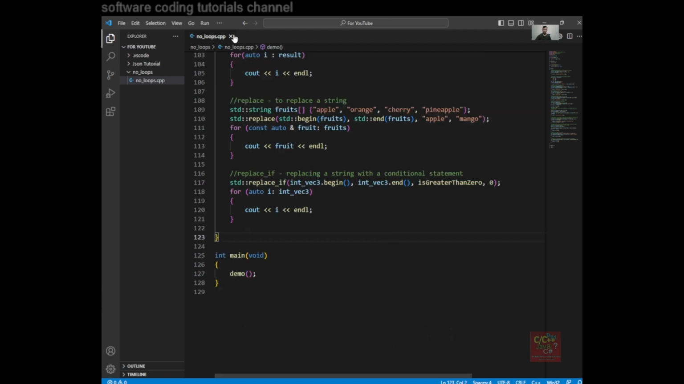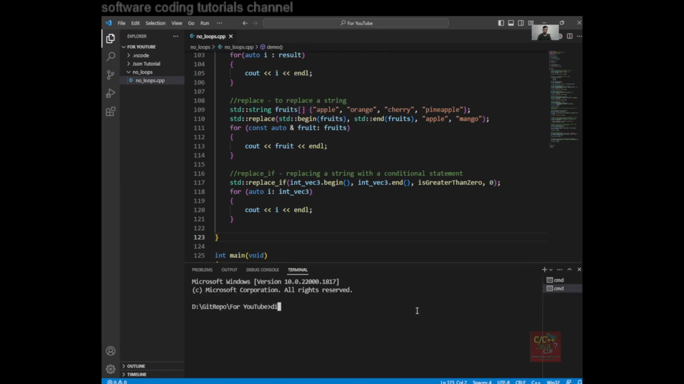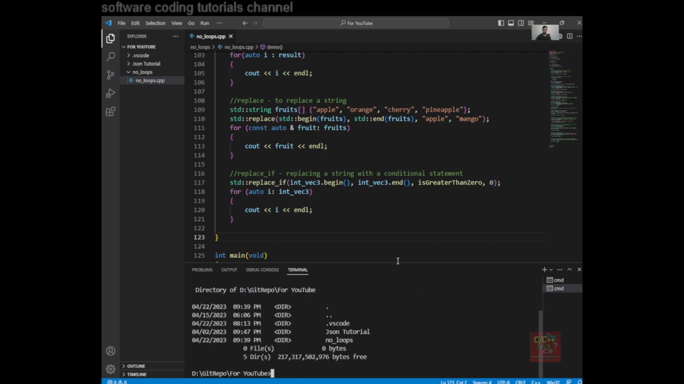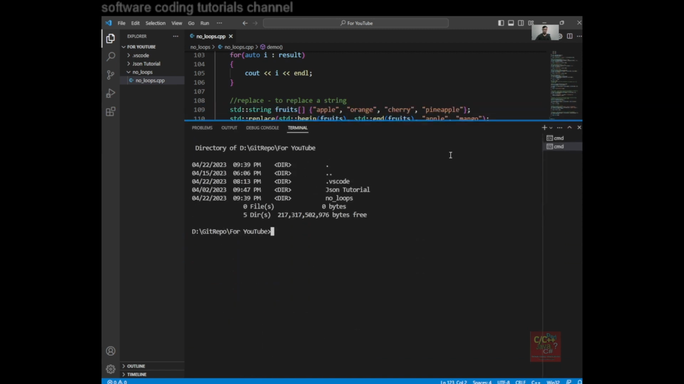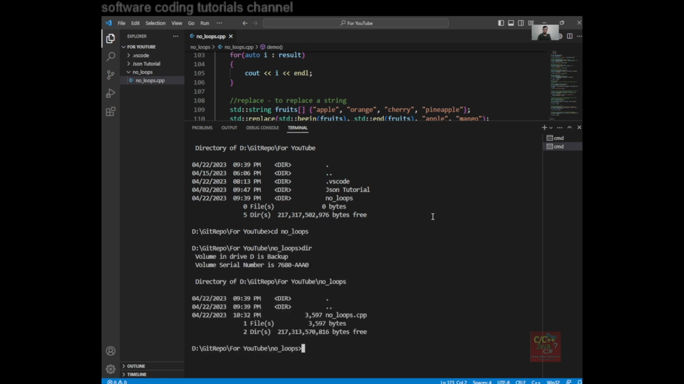Okay, so let's open a terminal and do a dir. Okay, let me expand this for you to see it. So there's a directory called no loops. So cd to the no loops dir, and to compile this program we do g++ -std=c++11 or higher, then our file, so it's called noloops.cpp,